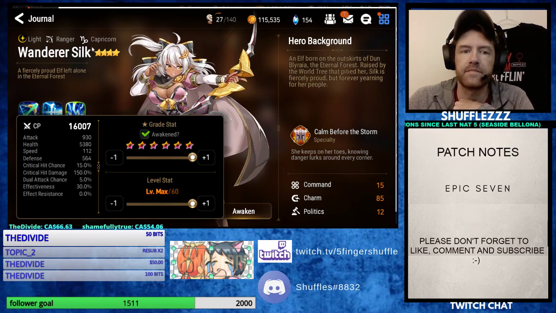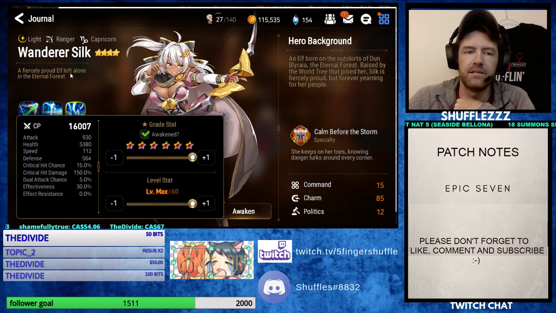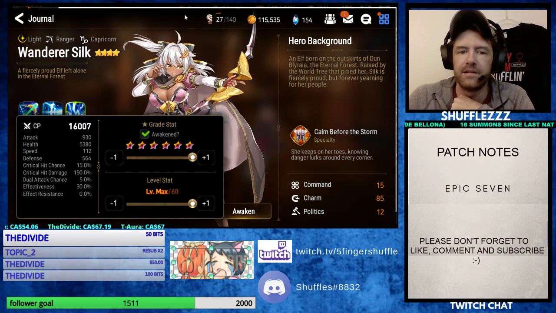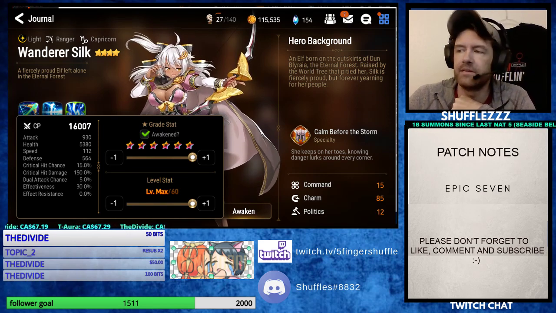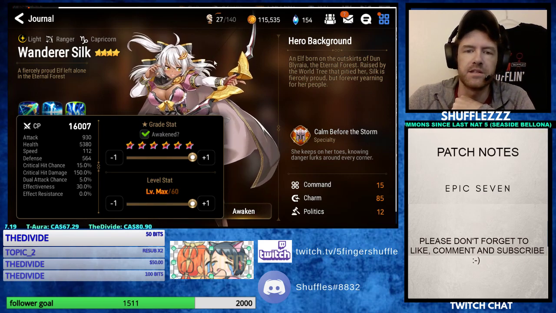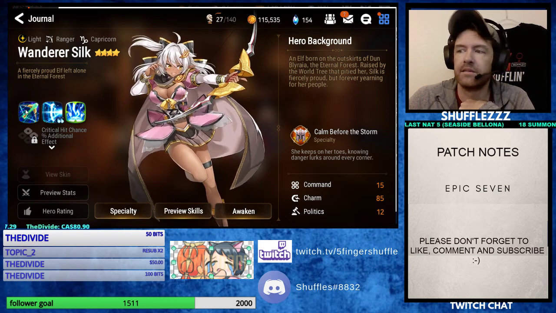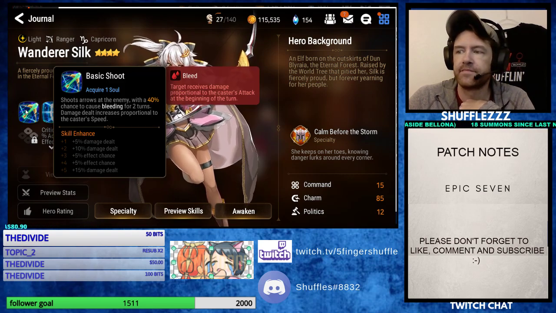A slower Litica that... what was I going to say? That's element neutral. So very interesting. Let's take a look at her skills and see what they did to her, because that could make her even better than Litica, depending on what they buffed. So the first one